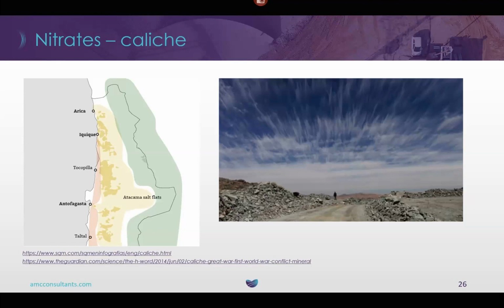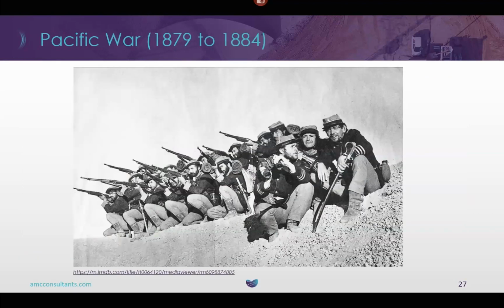It did, as I mentioned, result in a war. So this is a fight between Chile and Bolivia and Peru from 1879 to 1884. It was all about taxation. So again, even going back then, taxation causes people to get upset. At the end of the day, Chile won the war, getting large tracts of land from both Bolivia and Peru, and effectively having a monopoly, or a very strong monopoly, on nitrates. That lasted until about 1913, until